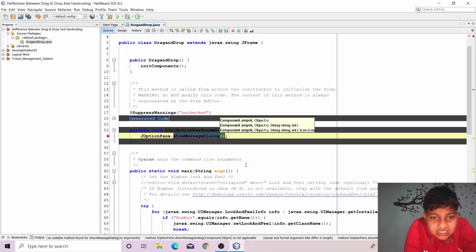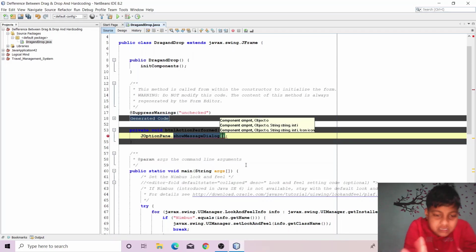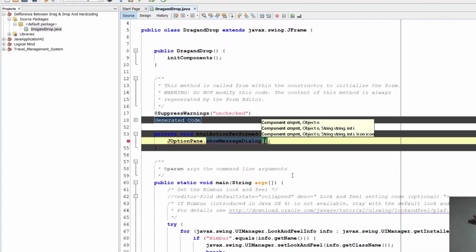Here you have two choices. This takes two arguments. In the first argument you can type either null or this. It is better to type this.